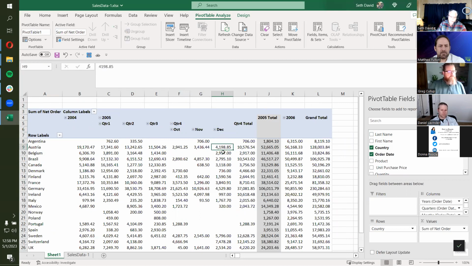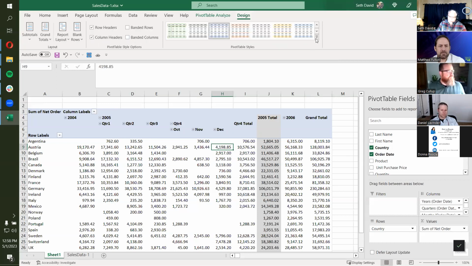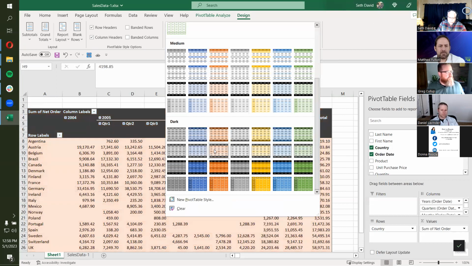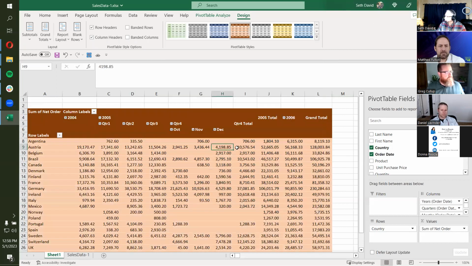But this is just a very, very quick tutorial on how you can quickly take data that you have, where it's a lot of volume, and quickly summarize it and report on it. And there's all kinds of things you can do. And as I mentioned earlier, in the Excel pivot tables, you have some nice color palettes here that you can apply to make it look really slick and professional. Okay. But they are the fastest way to analyze data, as Matthew's pointing out in the chat. If you have a lot of data to analyze, this is the way to do it.